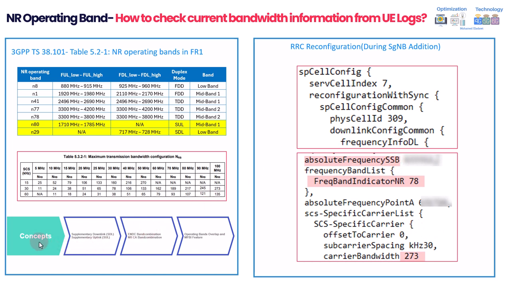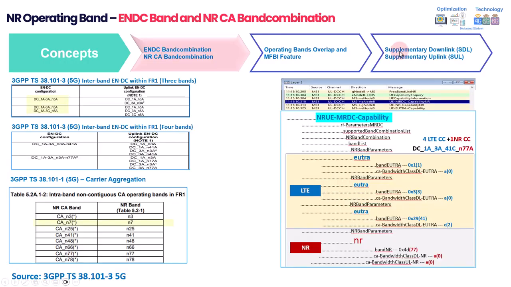Now let's move to this concept in the bottom left here, which is very, very important to understand. This can benefit you in case you are doing analysis or even some network insights. So let's move forward. The first part I would like to discuss with you, just to quickly recap, is the NDC band combination or carrier aggregation combination. First, how you can read it from the 3GPP tables, and second, how you can read it also from the capability logs. For example, here in this 3GPP table, as you can see, this one is showing the NDC